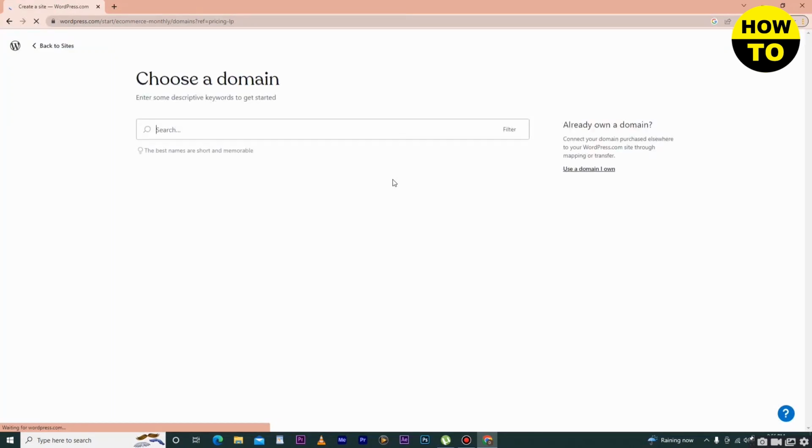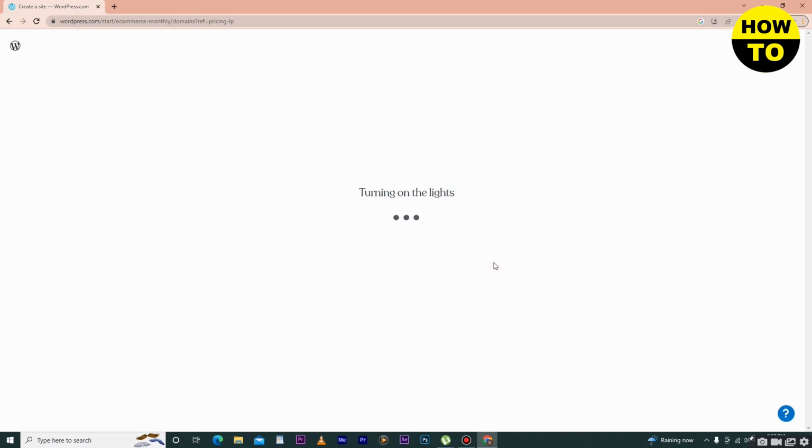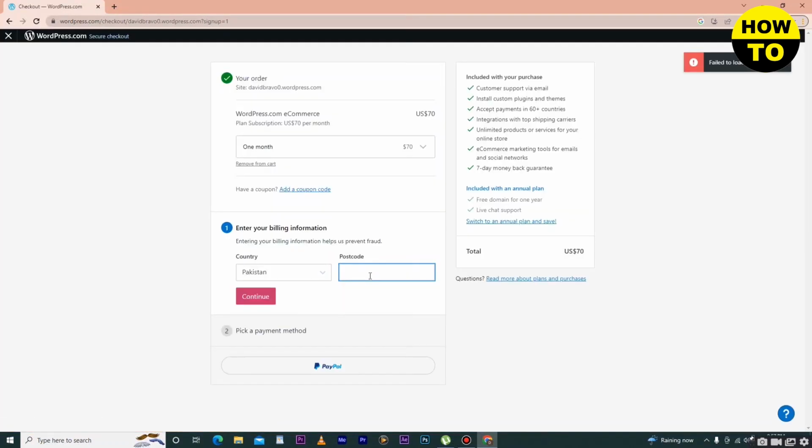After that, here you have to select a domain. Simply, the WordPress domain is free, so you can also buy a domain here, but we will select the WordPress domain. Simply select this one and now wait for a few seconds. After that, when you select your domain, you will move to the next section and here you have to add